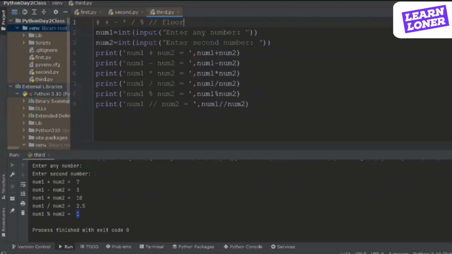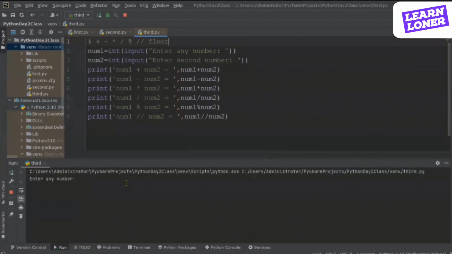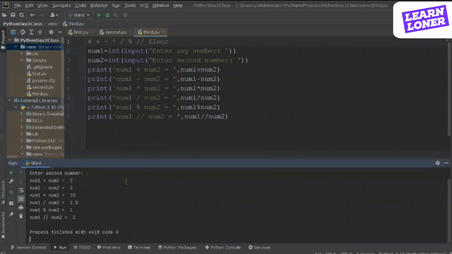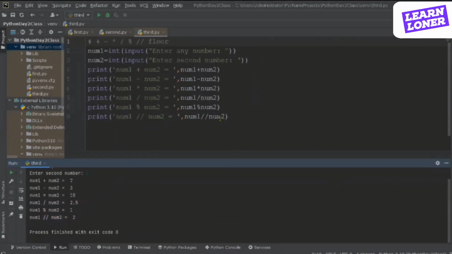This basically gives you the division, but in the whole number. So if I try to execute the program again and enter the same 5 and 2, you can see that here we were getting the quotient in the decimal format. Here it will give you only the whole number. So you'll only get 2, you'll not get 2.5 in this case if you use this double slash,